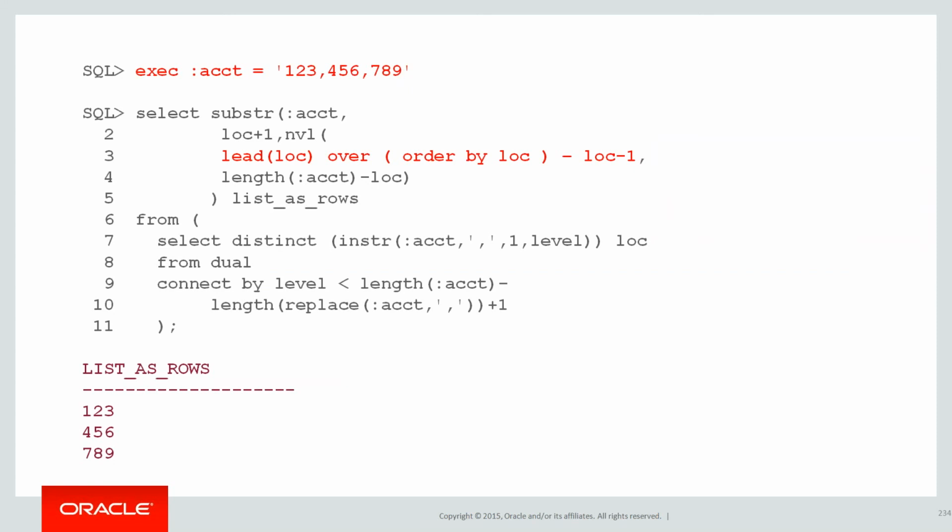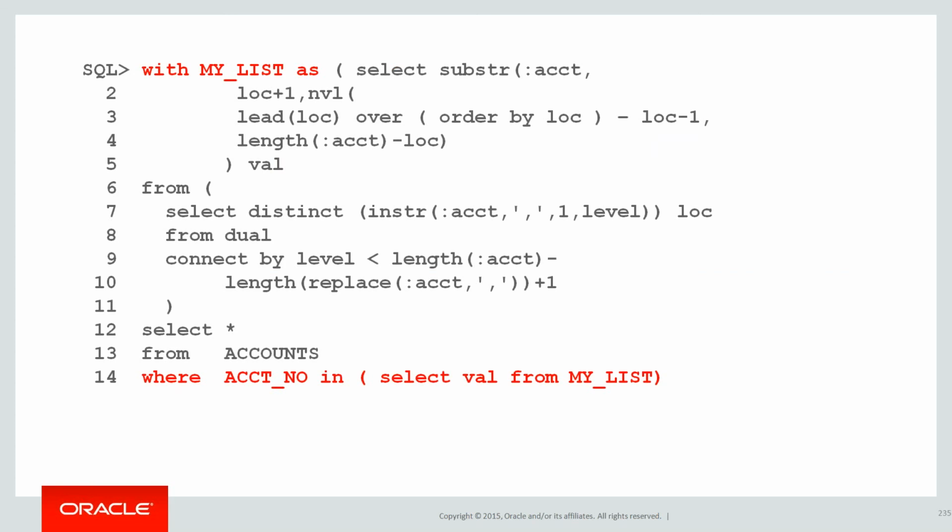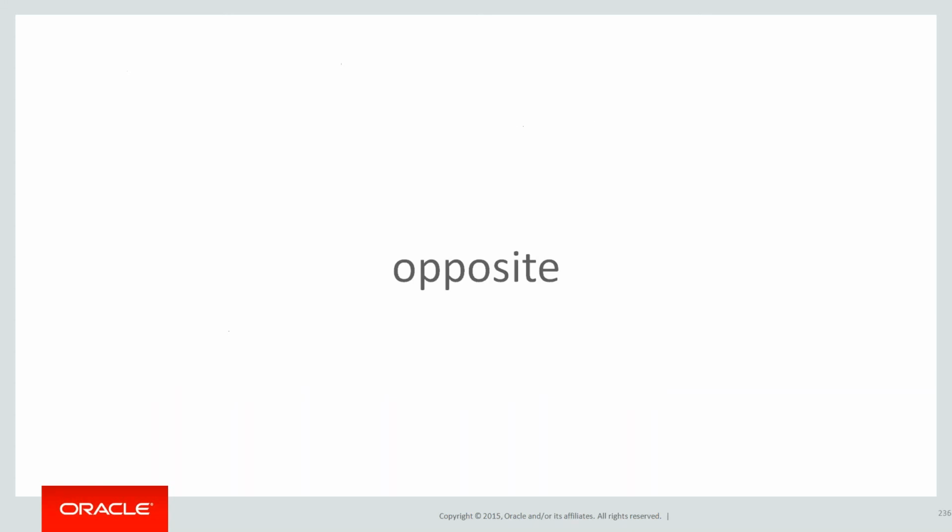Using some analytics, we can convert that string into a set of rows. So 1, 2, 3, 4, 5, 6, 7, 8, 9. Using some lead and some loc and a little bit of other stuff like that, we've got 3 rows now, 1, 2, 3, 4, 5, 6, 7, 8, 9 as rows. Once it's rows, we can treat it as a table. The very last line there, we're account number in, select from our list of rows. What I've got now is a non-SQL injectable web page. That's how we solve these problems.